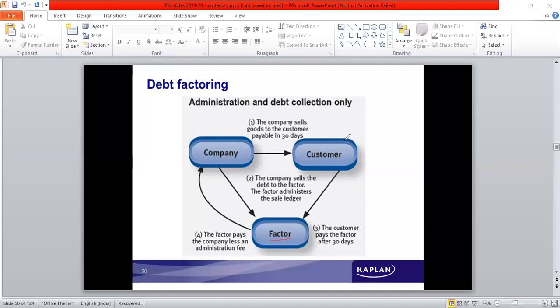They can increase their sales, meet their liquidity requirements. So it's beneficial for the company, and beneficial for the customer also because they get to pay it a little later, so they can avail a credit facility. The factor is also benefited because, as against the amounts which are remitted to the company for that particular period, some interest can be collected or some charges can be levied on the company. After deducting those charges, the balance of the amount will be remitted. So the factor also gets to earn some income on this factoring service.